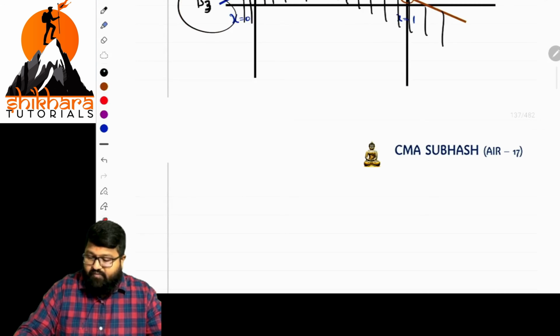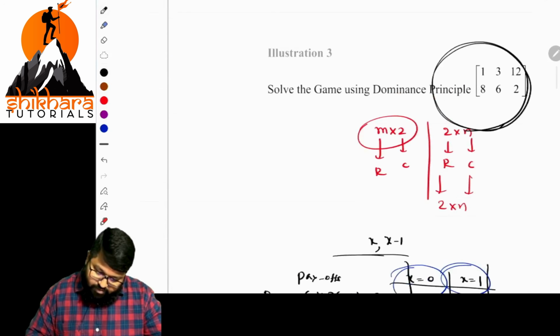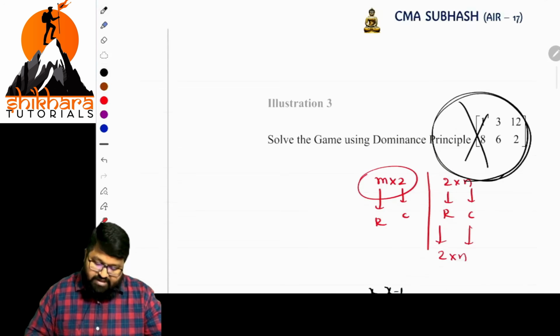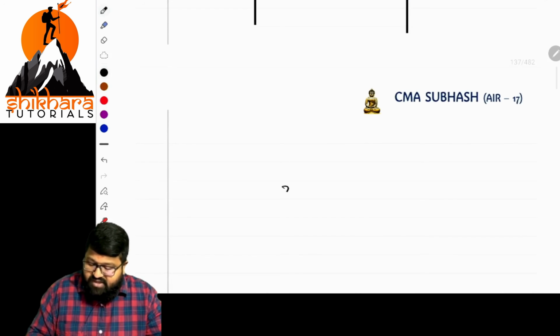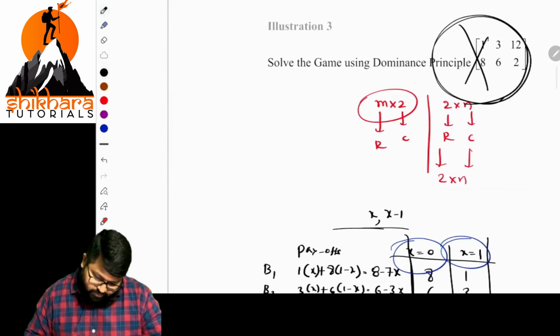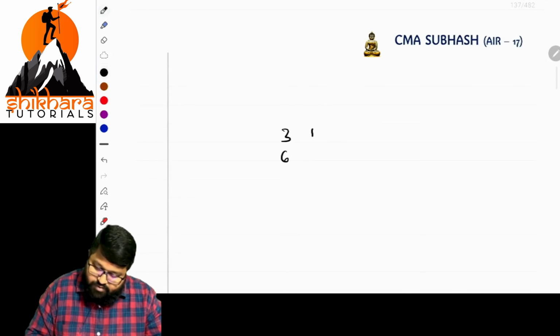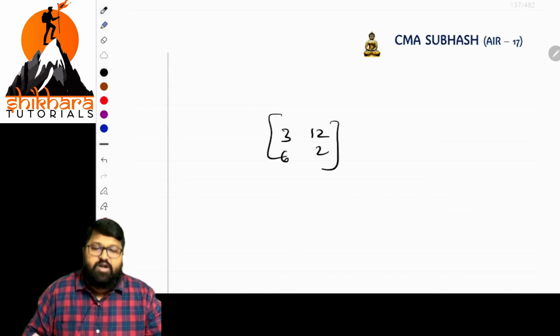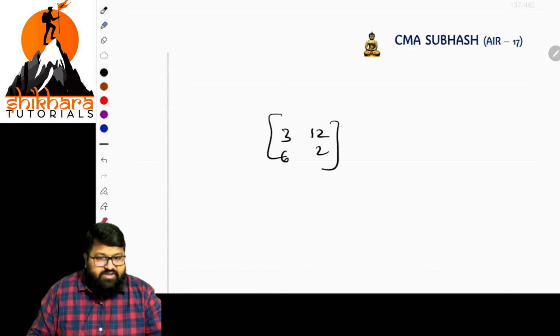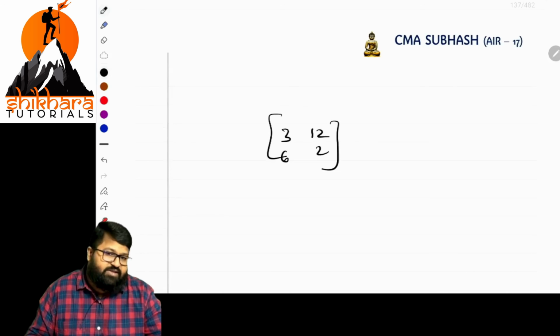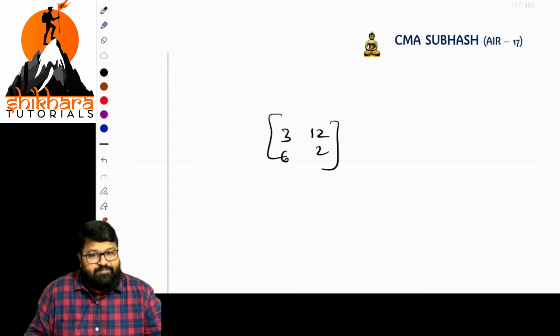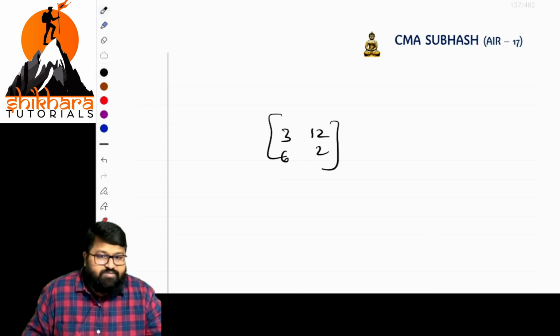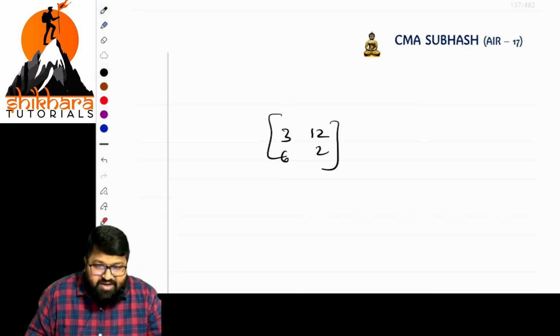From this above diagram, we can eliminate what? What is the B1? We can eliminate that part and we can go with the other parts. That is 3, 6, 12, 2. Okay. With this, we can continue. Here we can go with the saddle point check. Once the saddle point is done, answer is done. If the saddle point is not done, then we shall go with what part? Odds method. If these two parts are done, your answer is done.